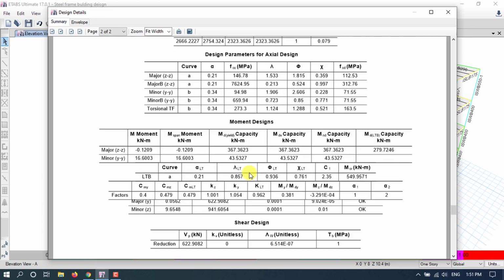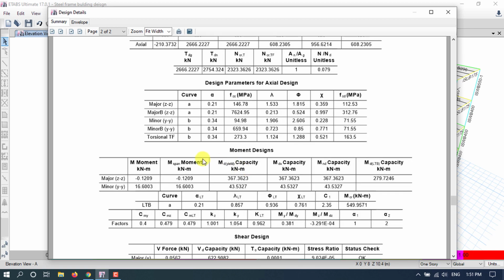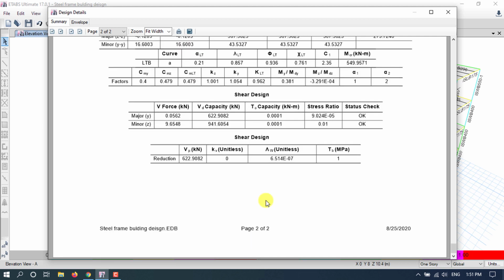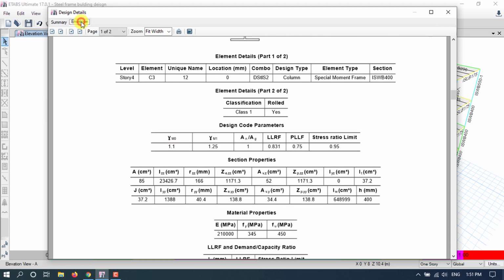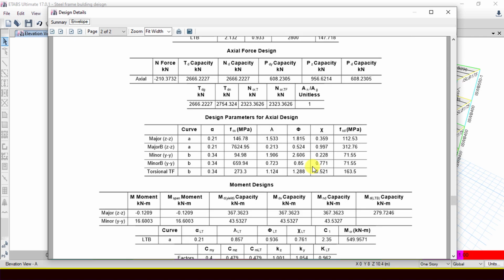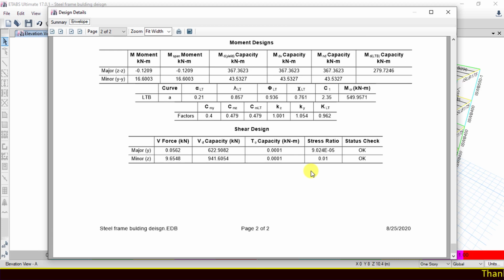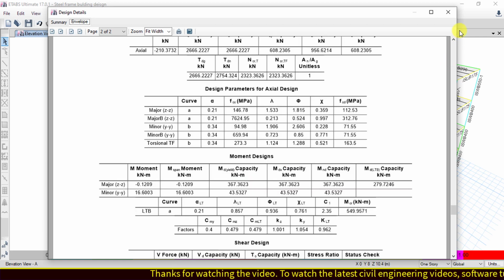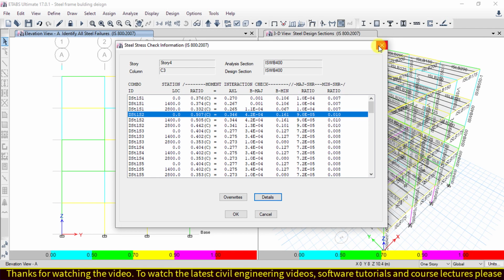Okay, here moment design and shear design values are given here. Okay, then we can view envelope here. In envelope there are maxima and minima of the parameters given here. Okay, we can directly print the report from here, or we can export it to the document. Then click here. Okay